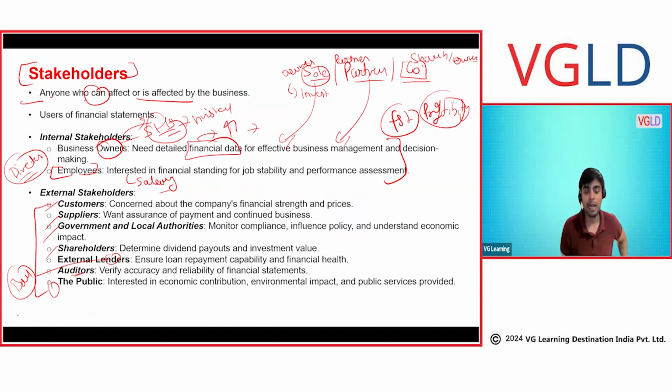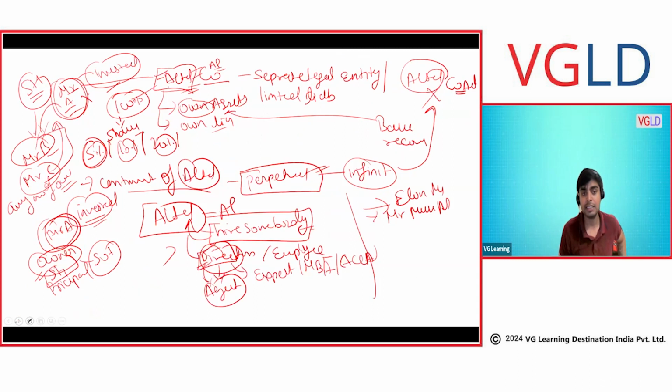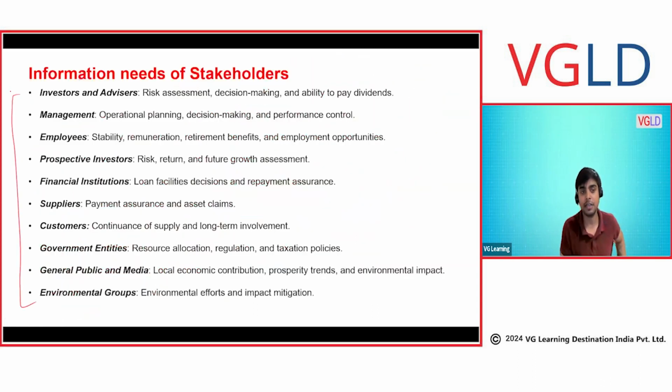Okay. Now I have discussed the stakeholder. I have discussed their need as well. What are the needs of the stakeholder? You can read it yourself and basically let me know in case you get it out. I have explained this. Basically, employee management would be interested. Okay, what is the profitability level? What we need to do more as an investor? Whether you want to basically invest in the company, whether company is so much risky. Okay, financial institution, how much loan we can give.